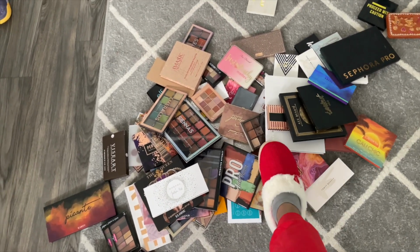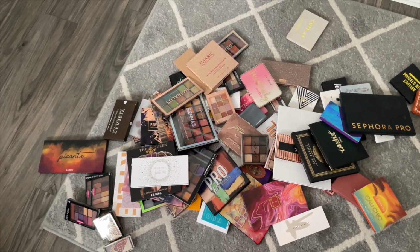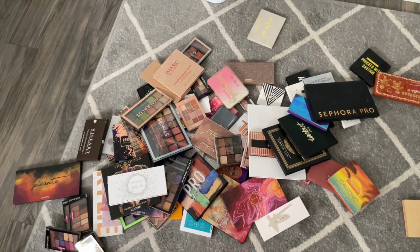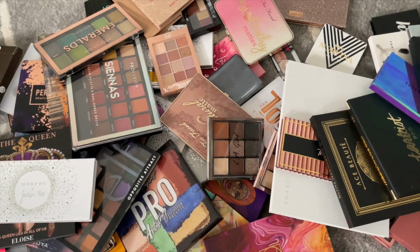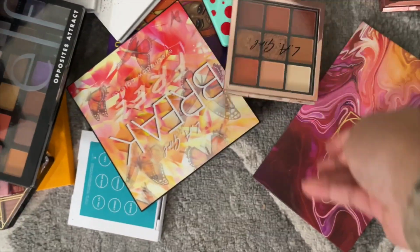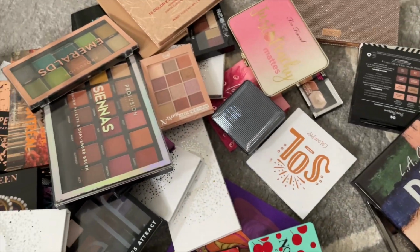These are all of the palettes, excuse my slippers, that I'm getting rid of. 80 palettes, y'all. I don't want any of them. So we can see there's some Morphe, some Carli Bybel, Wet n Wild, LA Girl, LA Colors, Sephora, Tarte, Too Faced. J-Cat Beauty, Profusion, ColourPop, Pat McGrath, Anastasia Beverly Hills, Dose of Colors, more Too Faced, more Morphe, some Juvia's Place, LA Girl, Fenty, Beauty Creations, Illamasqua, Ace Beauté, more Morphe, Maybelline, Elf,